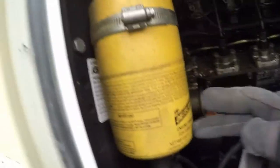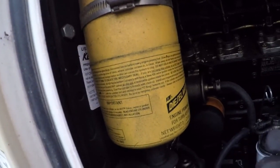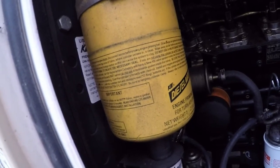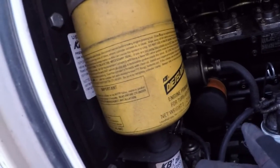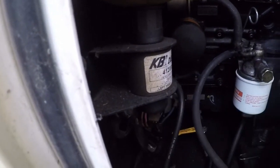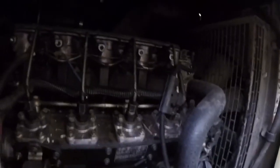This has a Diesel-matic, I guess. I don't know a lot about this stuff. I'm sure you guys may know more about this than I do, but I'm just going to tell you a little bit I know about it. So this is an engine priming fuel system, which is essentially ether, the best I can tell, and it has a little solenoid, and it can inject ether in there, which is a mystery to me a little bit because this is a glow plug engine. Glow plugs are up on the top here behind the actual injectors, and generally you don't want to run glow plugs and ether at the same time,